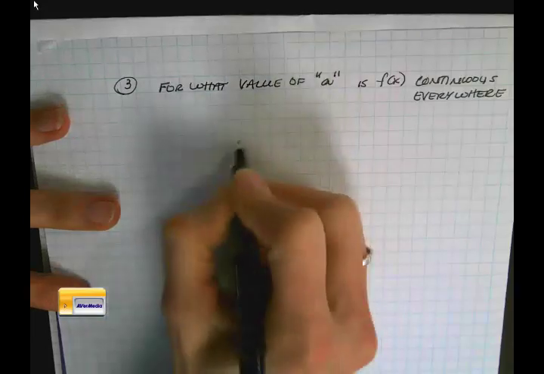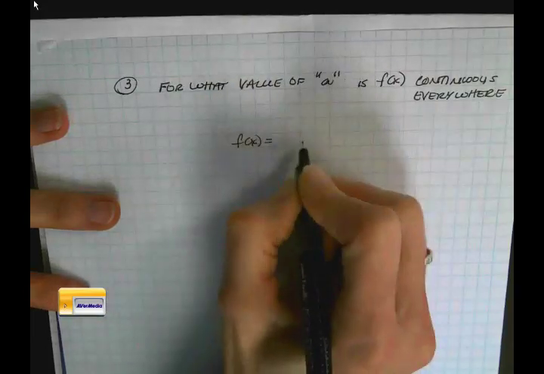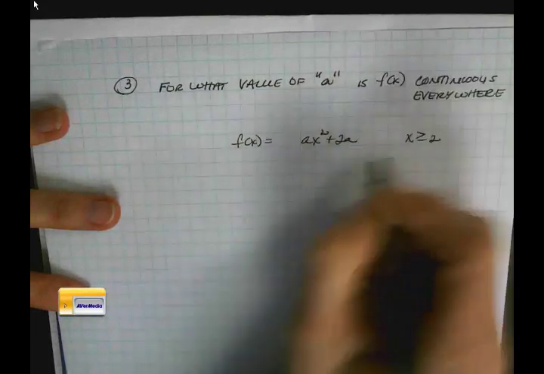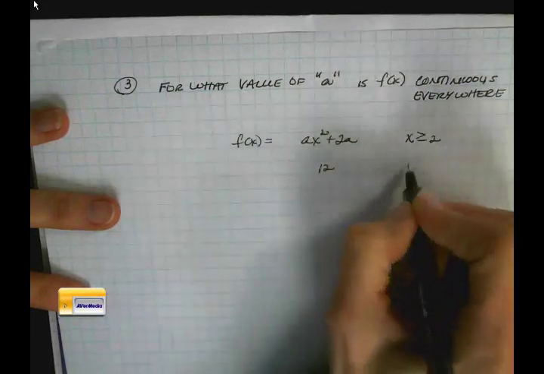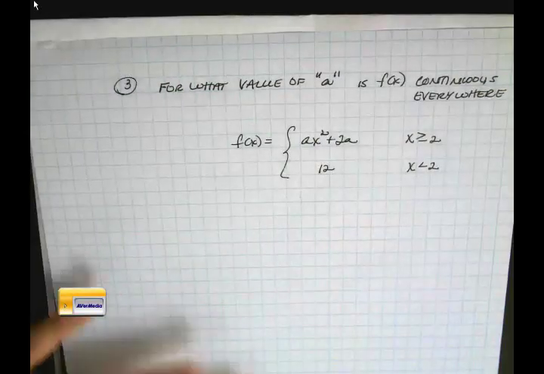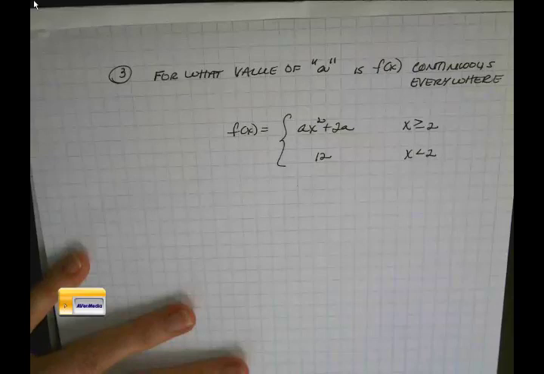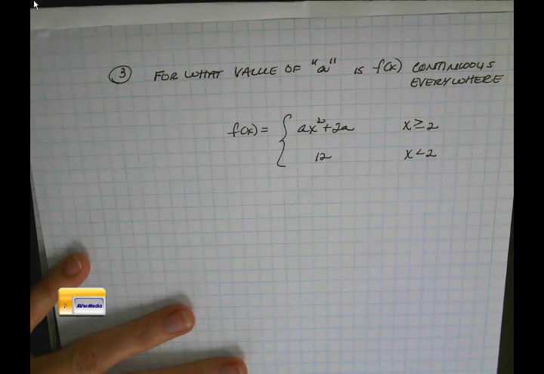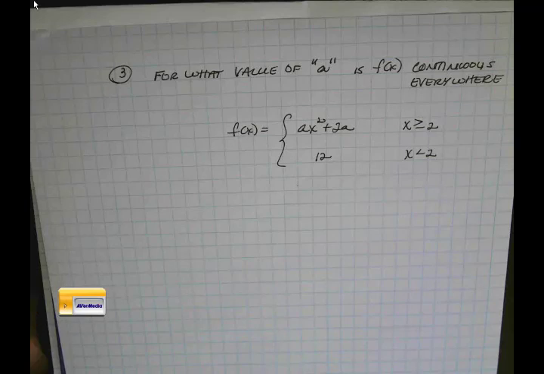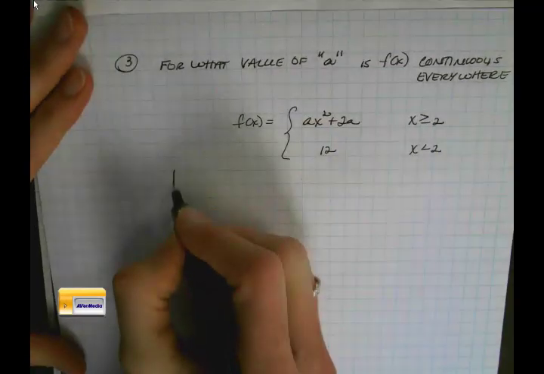And here's what it looks like. Ax squared plus 2a when x is greater than or equal to 2, and 12 when x is less than 2. Okay. So it's as if this, okay, here we go. What this function sort of looks like